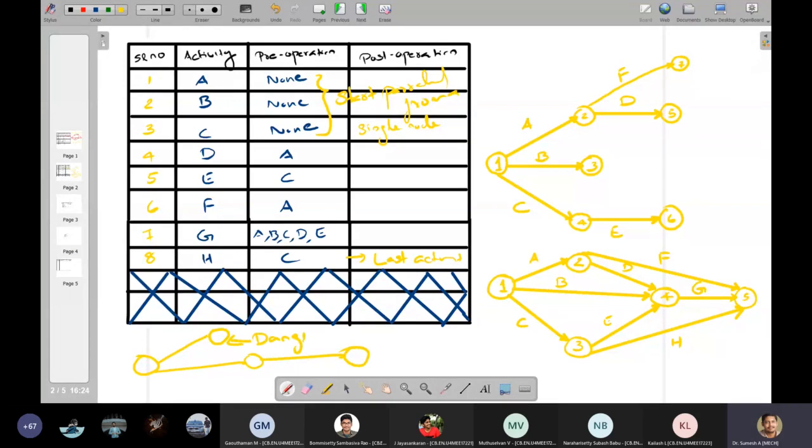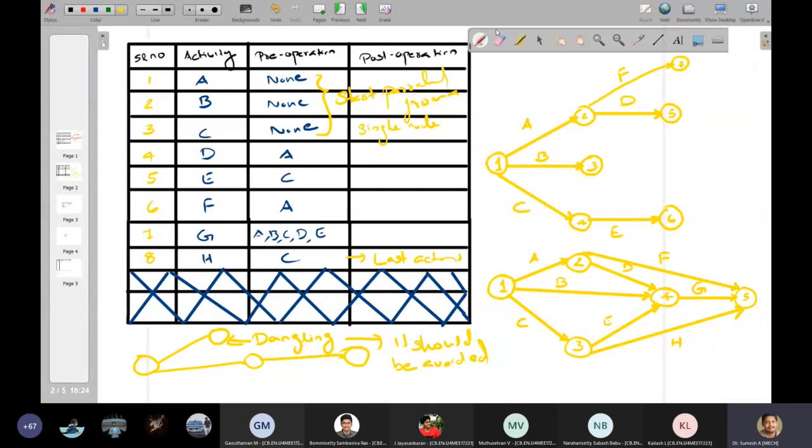Another thing is called looping. Say I had node 1, node 2, node 3, and node 4.